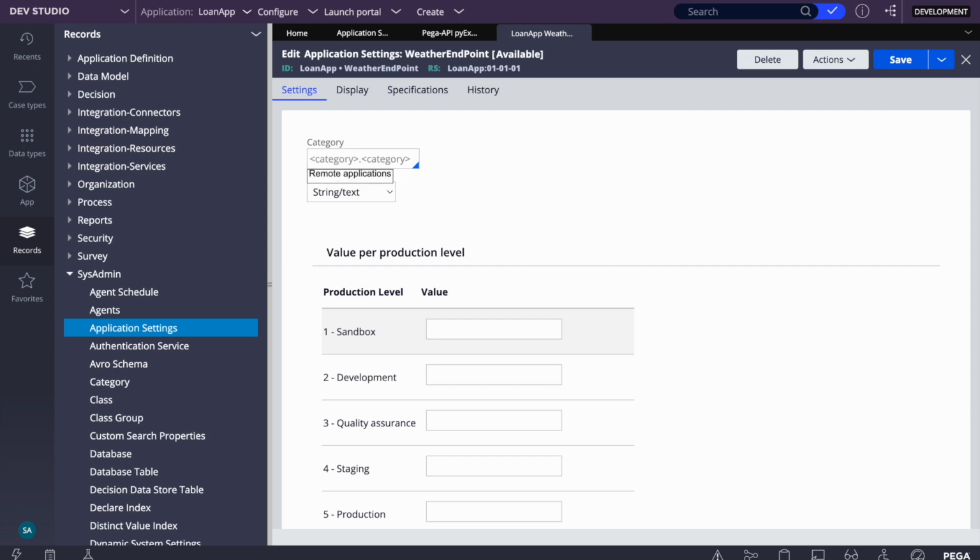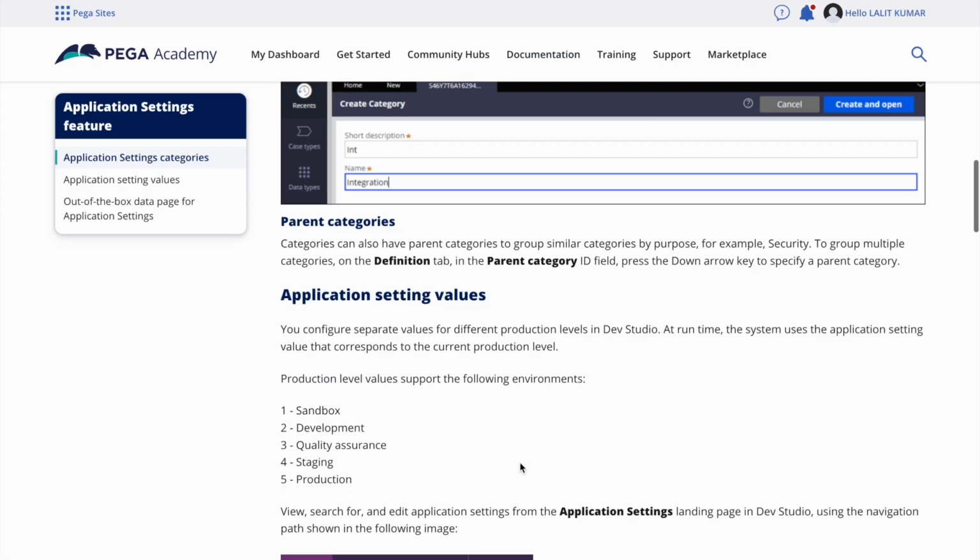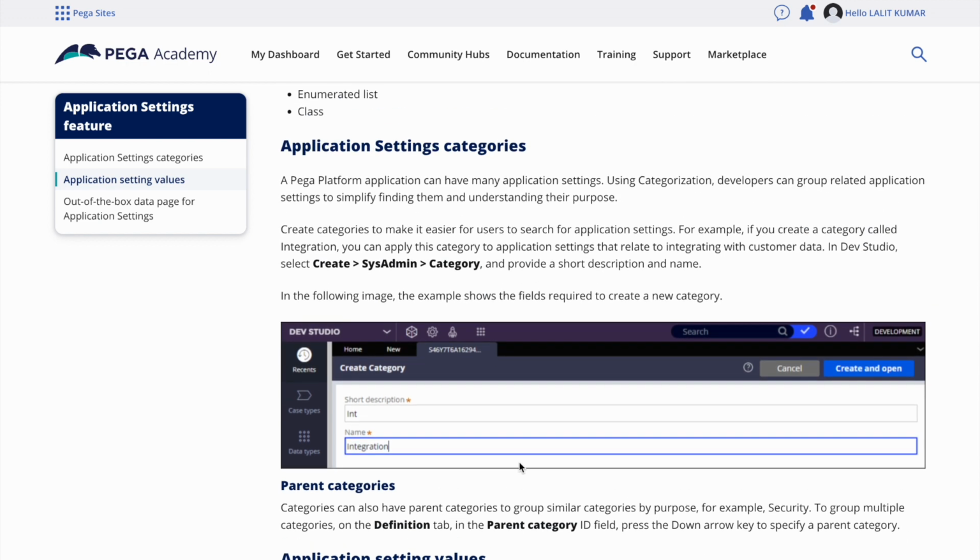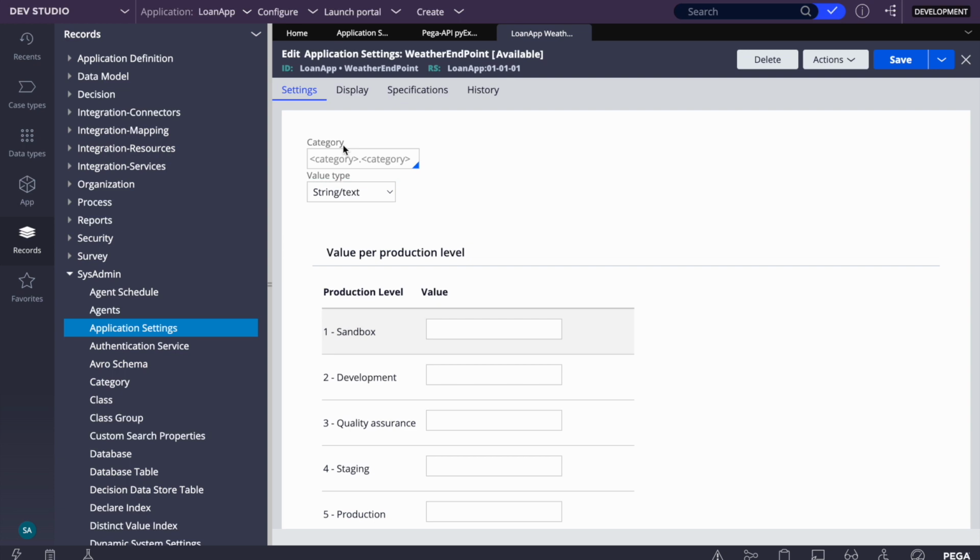The importance of category is that based on this we can see how many have been created for integrations or for another purpose. Basically it will categorize, it will help developers so that we can fetch them in one place. Here, Pega platform applications can have many application settings. Using categorization, developers can group related application settings to simplify finding them and understanding their purpose. So it's basically more for developers. Let's say I'll give this one integration,